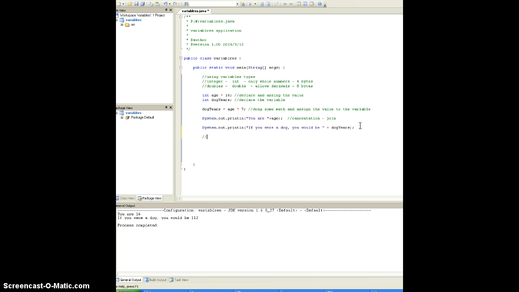Let's do another little example using doubles. double wage, double hours. Couple of things going on here. So we know that a double can hold decimals. We can declare two variables of the same type and context